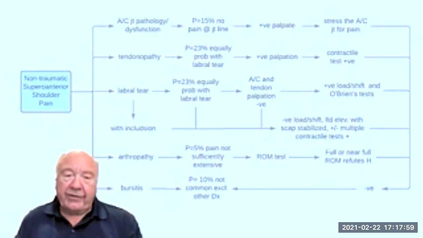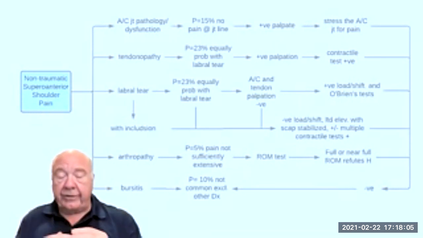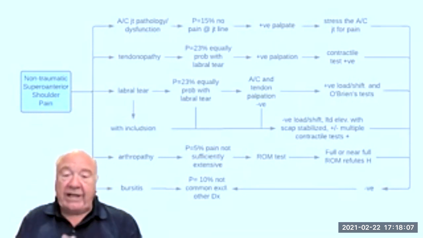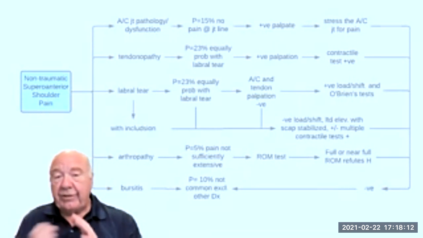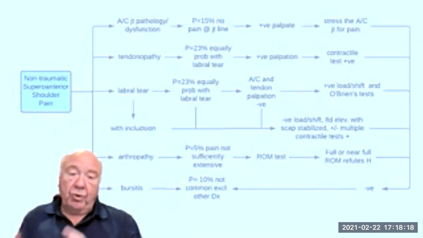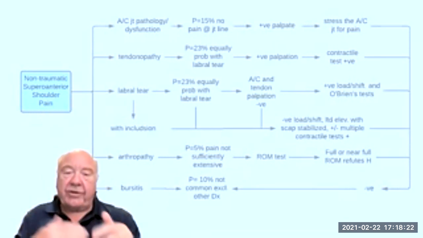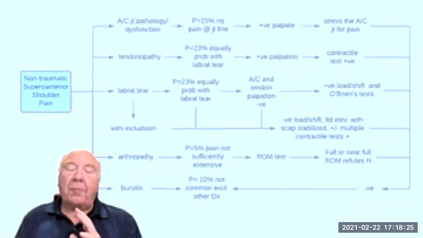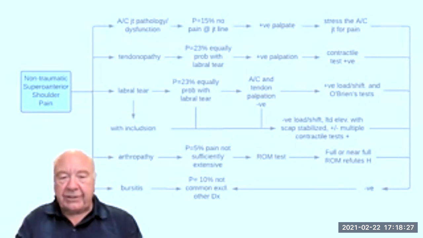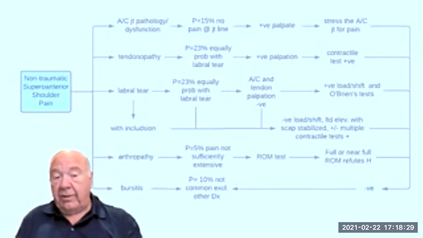Often you can only pick this up though if you stabilize the scapula. So you stabilize the scapula by holding it up and not allowing it to descend, and then passively elevate the arm. And you'll find that elevation is limited by about 10 or 15 degrees compared to the other side. If you don't stabilize, the scapula will move, and that bit of loss, 10 or 15 degrees, gets lost in the total range. And what you find now is you've got pain at the end of range, and the end